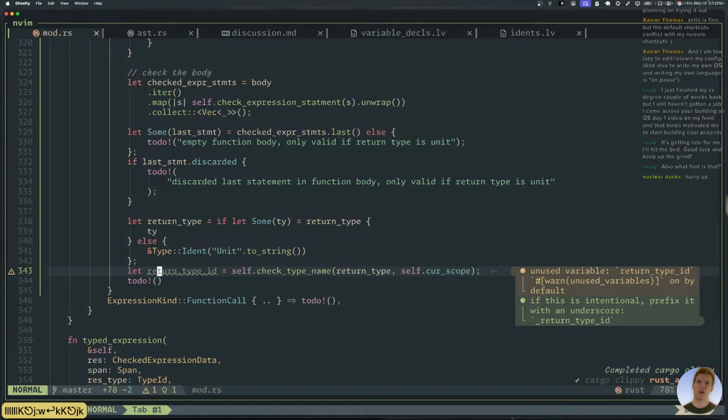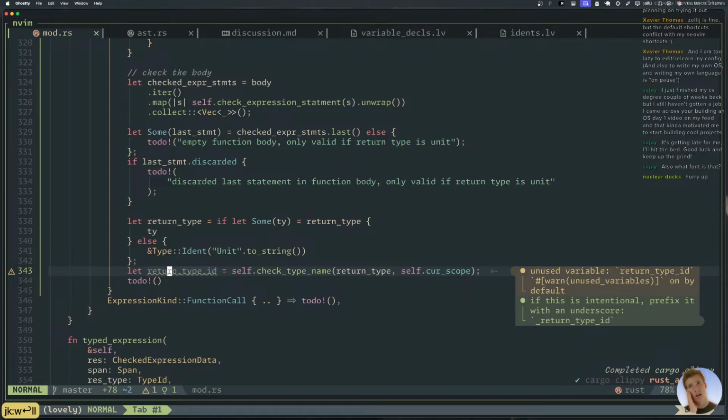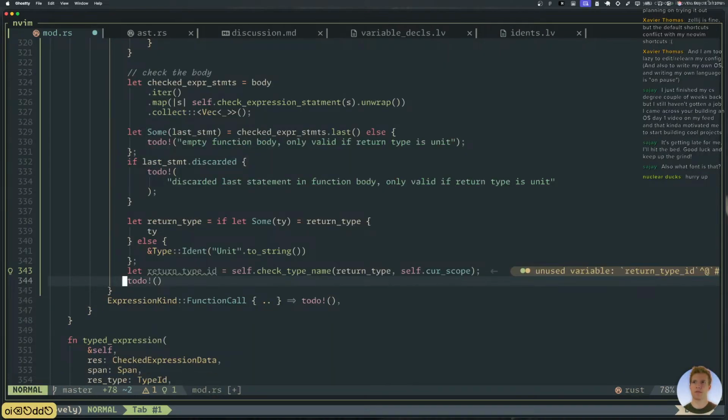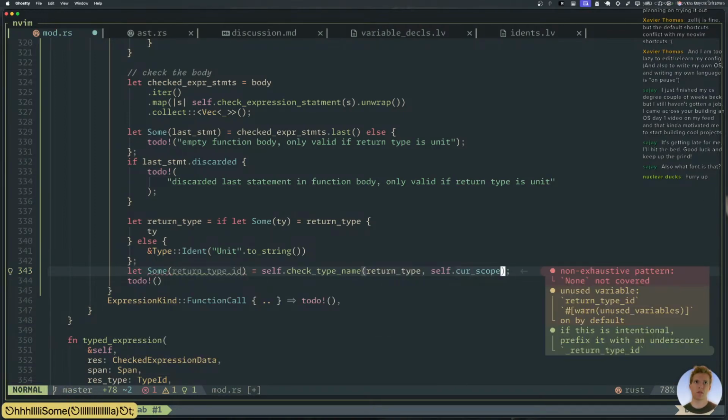So now we have a real return type ID, check type name. If we don't have that, so let sum else.